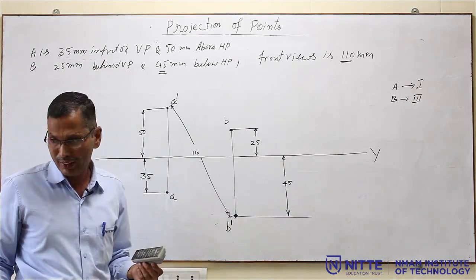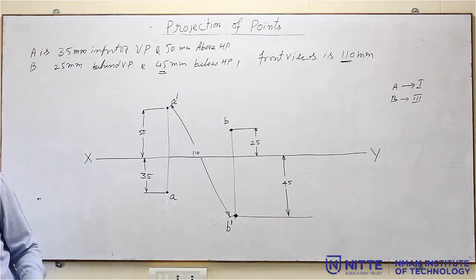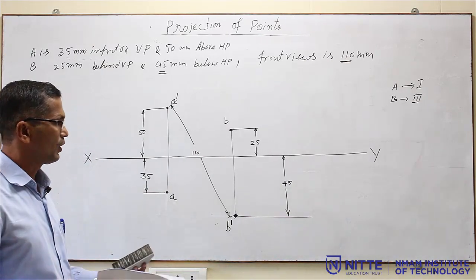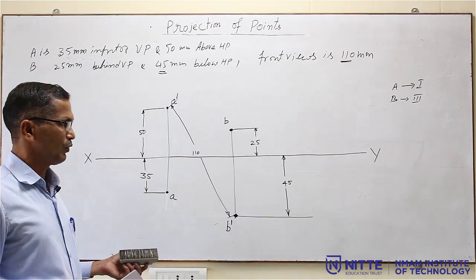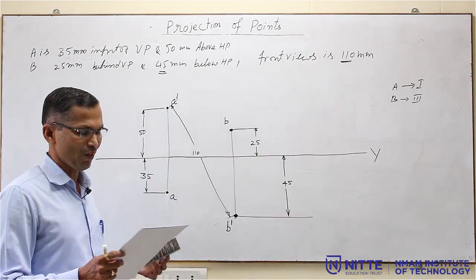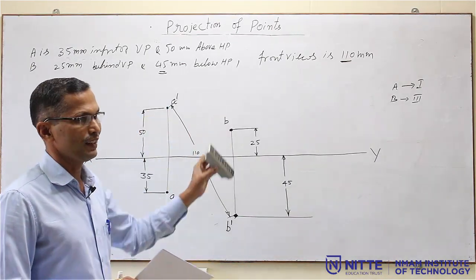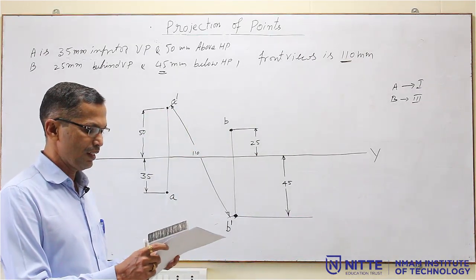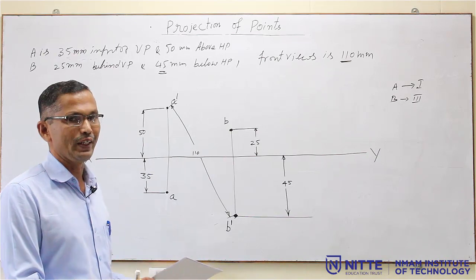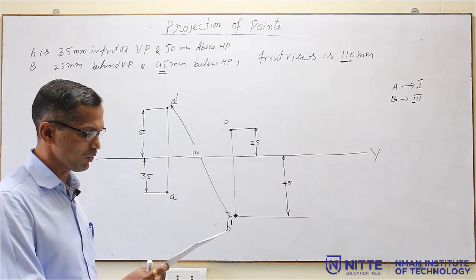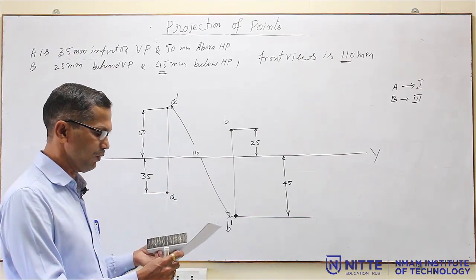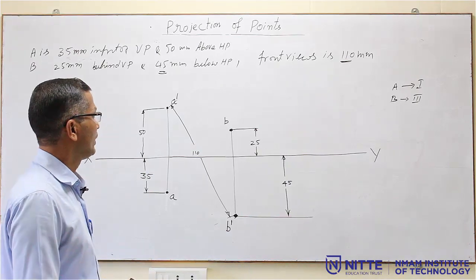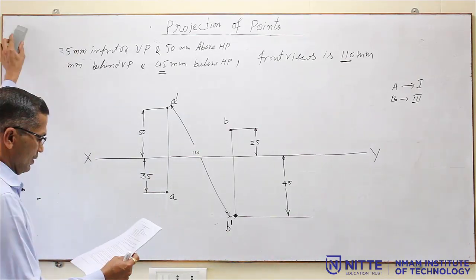Now, here it is not necessary to draw the profile view. Only if they ask to draw the profile view, then you have to draw it. Whenever multiple points are there, profile view is not necessary. In the previous problem you have seen only profile view for the point P, but here they have not asked any profile view. So, that is why it is not necessary to draw the profile view. Now, we will move to the next problem.